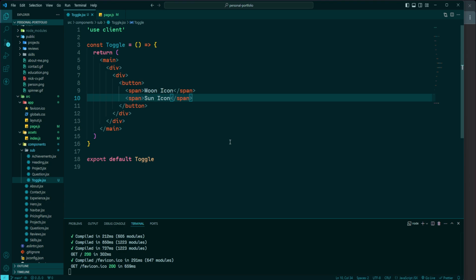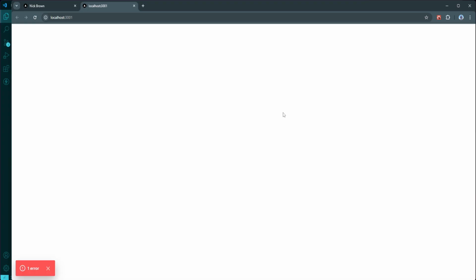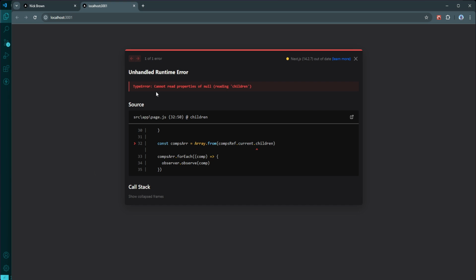Now let's go to the browser. So as you can see, we got an error here. It says cannot read properties of null, reading children. So this error occurs because the reference compsref is being accessed before it has been properly populated with elements. Essentially, when the component first renders, compsref.current is initially null, so trying to access its children at this stage leads